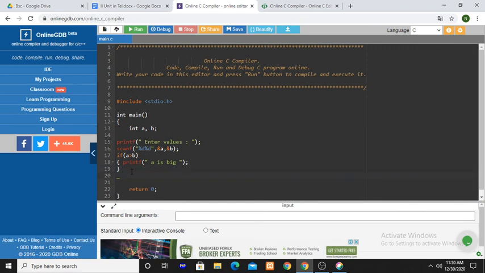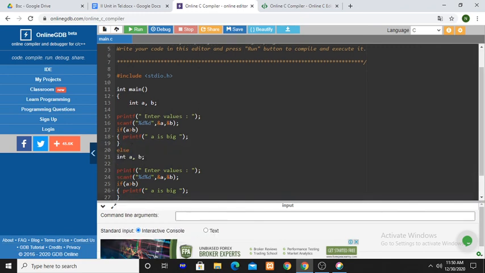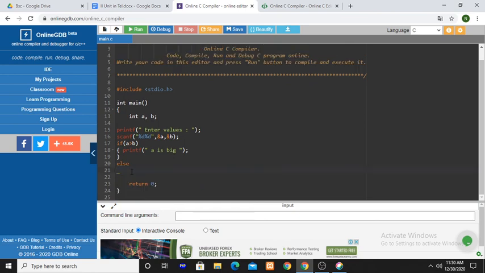So in this case, in the false situation, you are saying to execute this statement. What is it?